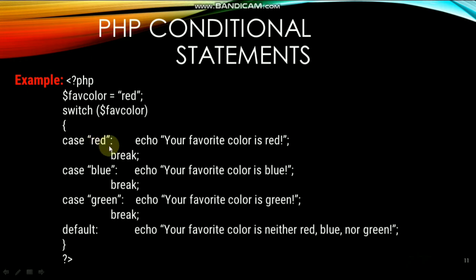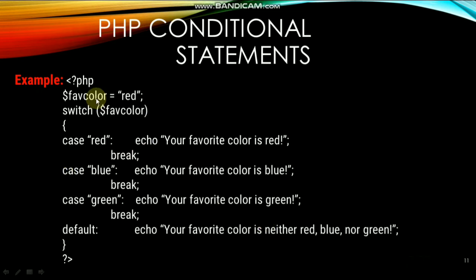Okay, so this is nothing but my label. So label 1, label 2, label 3. Okay, my n should be equal to the label. So here my n value is red, so my n should be equal to the label. So here my n is red and here my label is red, my case is red here. So my first occurrence itself is true, so the statement here output will be printed as your favorite color is red. So break, once it sees the break, it moves out of the switch statement. So rest of the lines will never be printed.